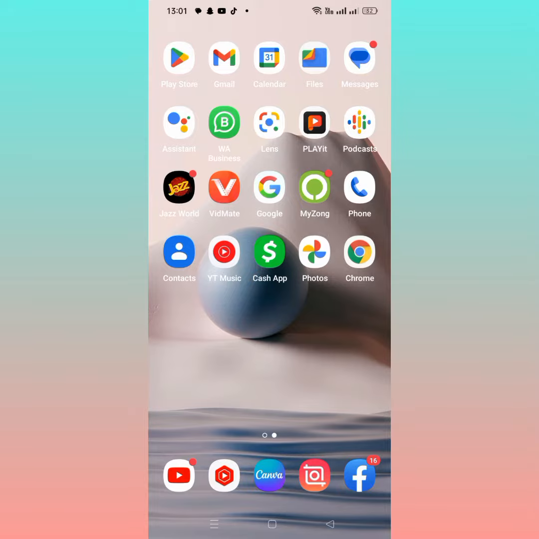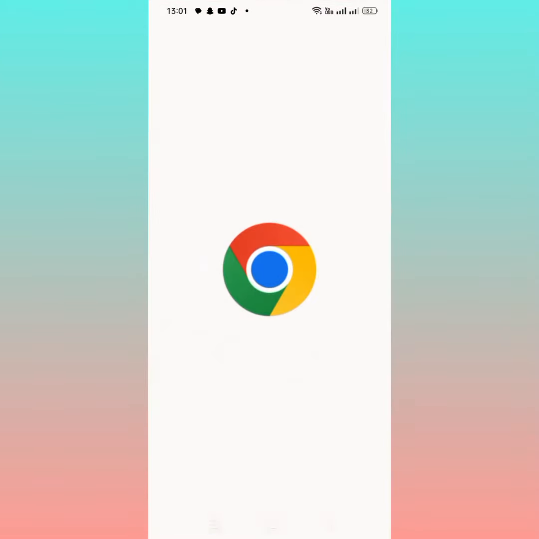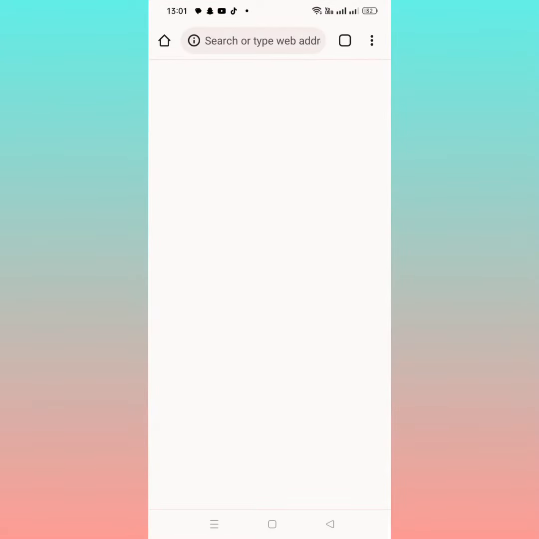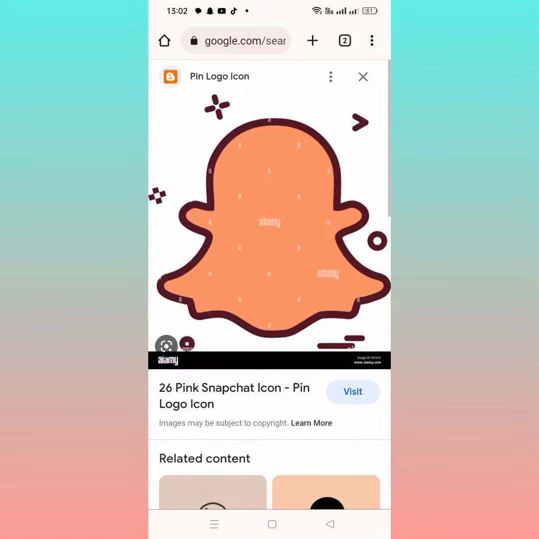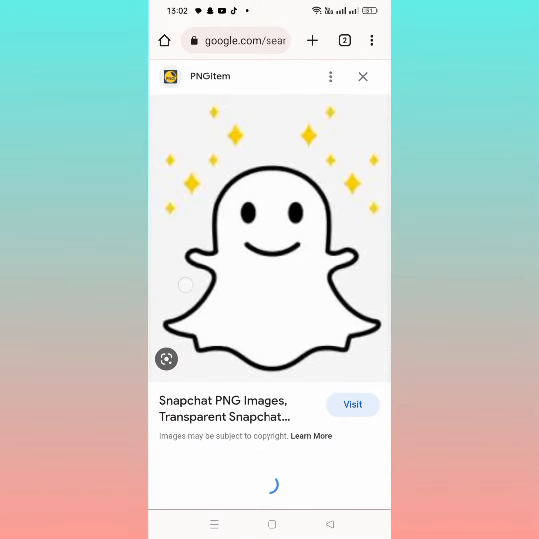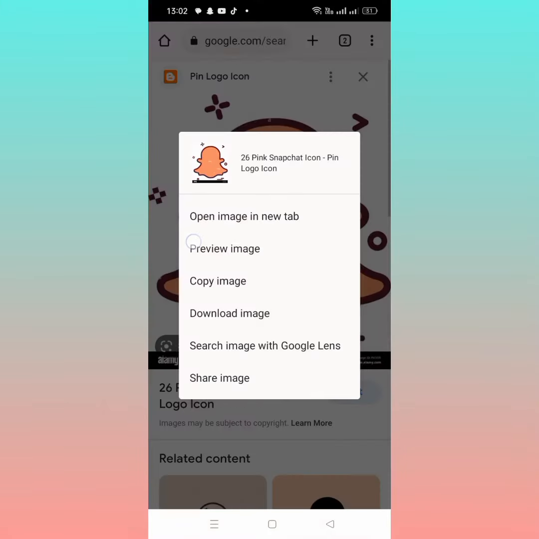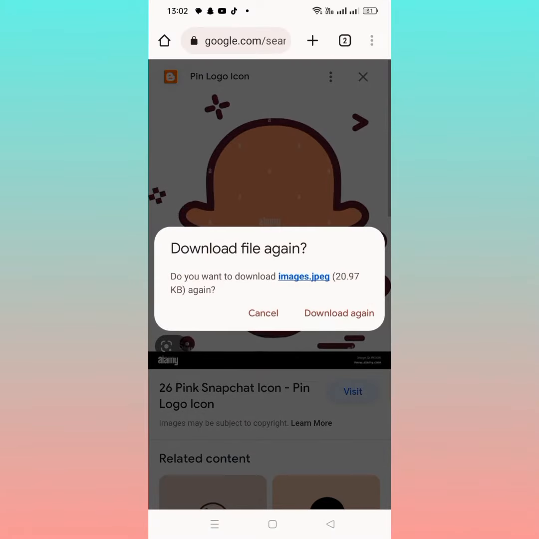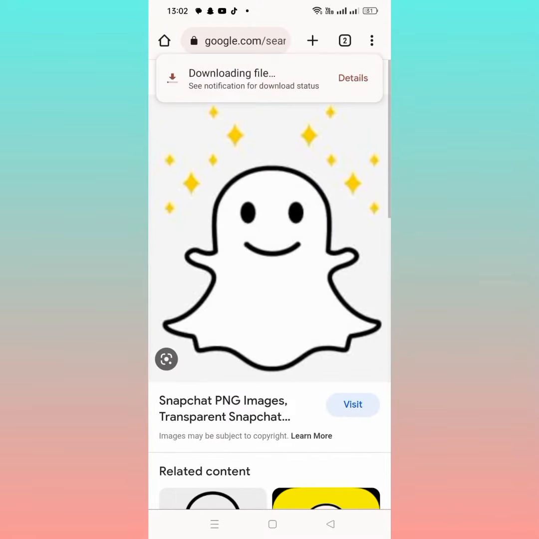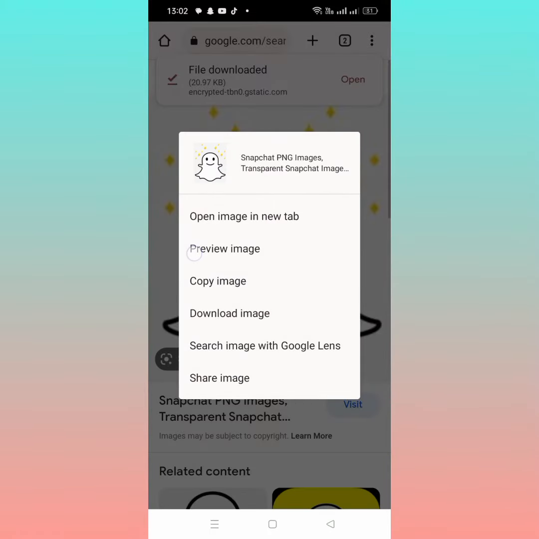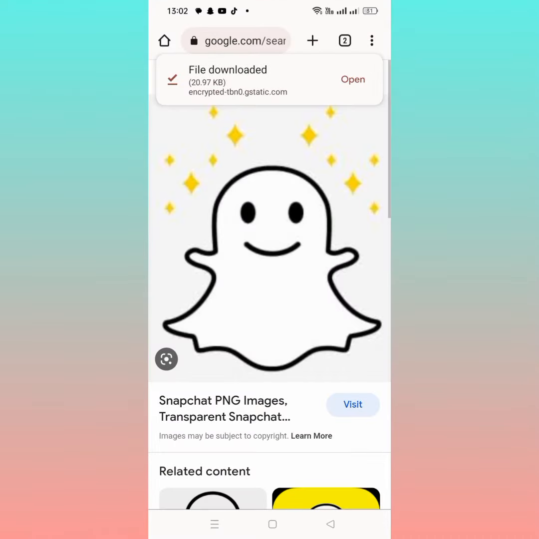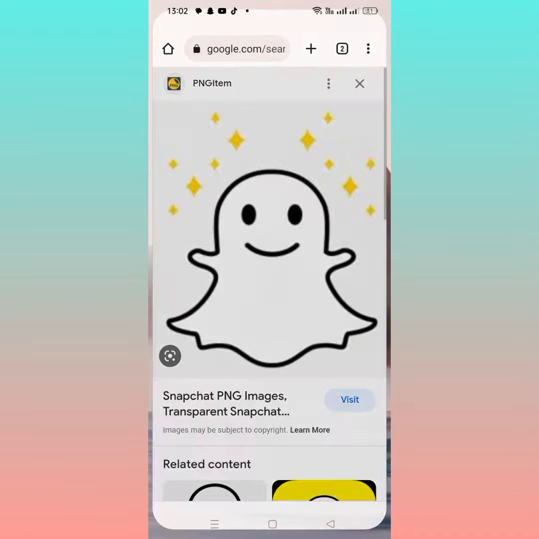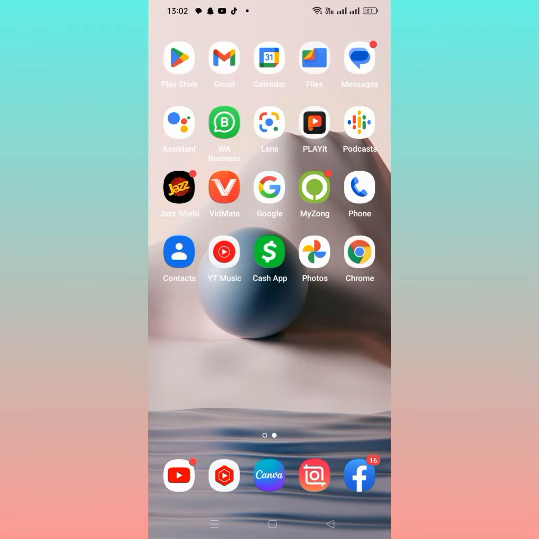First of all, open any browser, tap on Chrome. From here you search for the Snapchat logo. As you can see, select any one and long press and tap on download, and tap on download again, and tap on this and tap on download image, download again. After that, go back to your home screen, and from here what you need to do is tap on